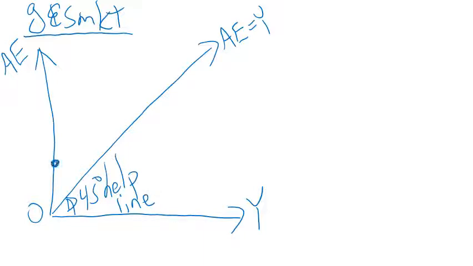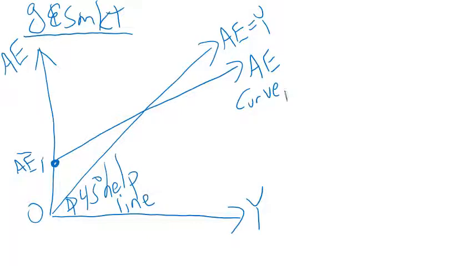We start from autonomous aggregate expenditures 1, and this is aggregate expenditure curve 1. Equilibrium, which means this level of national income and this level of aggregate expenditures. All right, now on this side